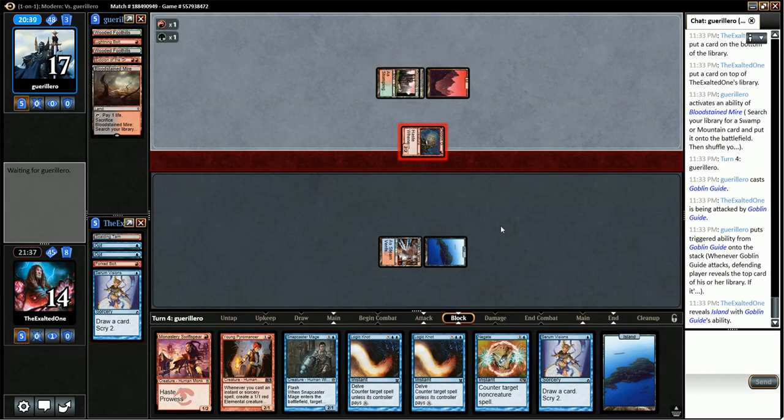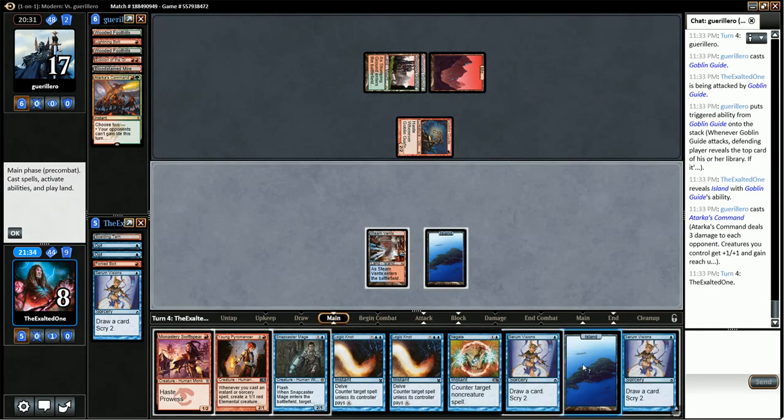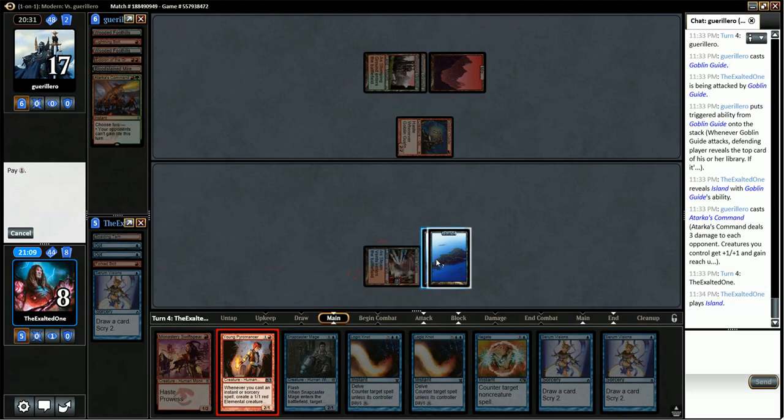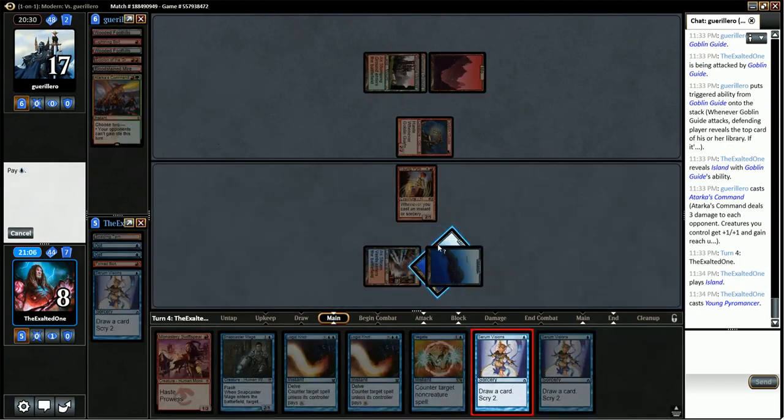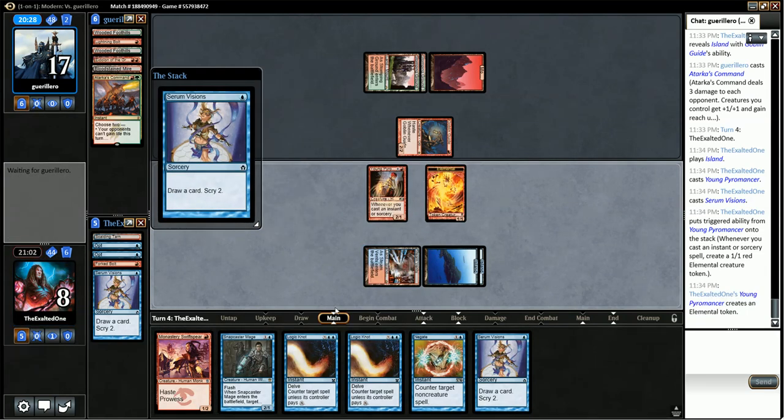Is this Atarka's Command? So I can Snapcaster Forked Bolt. That might be my best option. Play Young Pyromancer, and they're probably unlikely to have 8 points of burn. Yeah, I kind of like playing Young Pyromancer and Serum Visions here, just so I get two bodies. So say one of their cards is a Searing Blaze, they'll kill the Pyromancer, but I still have the token to chump block with. That seems